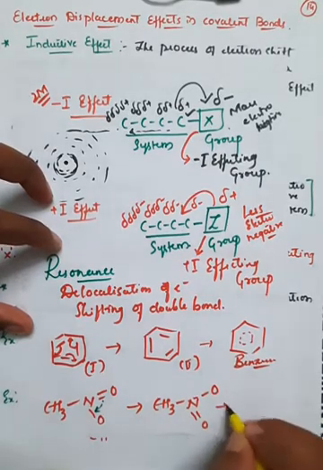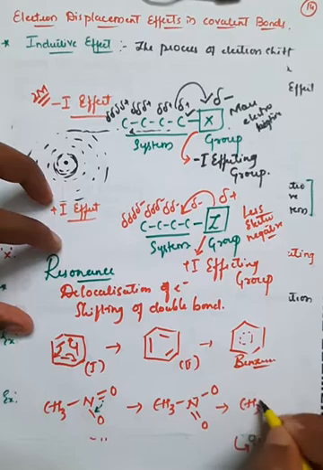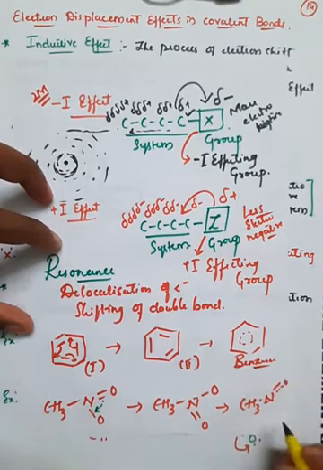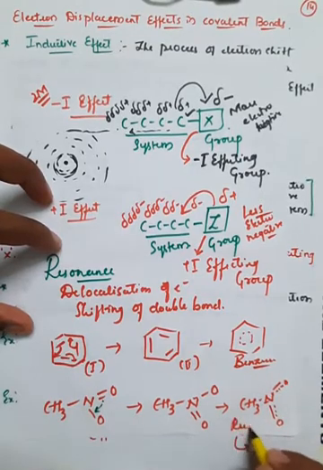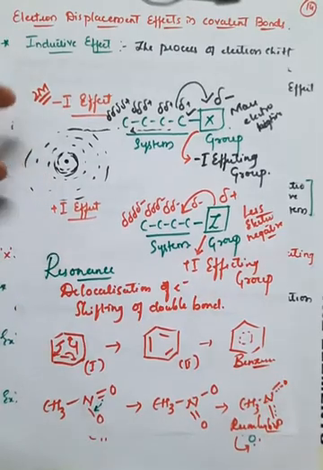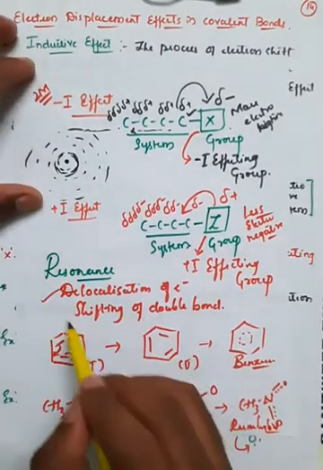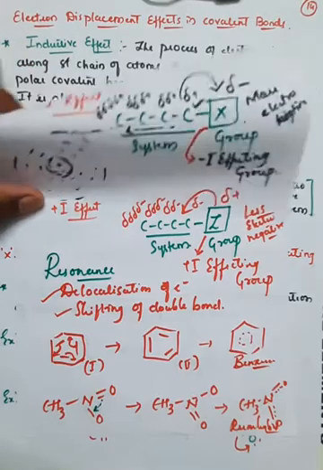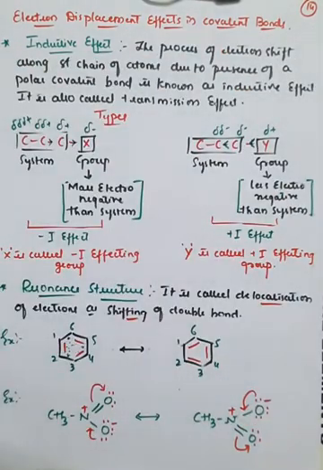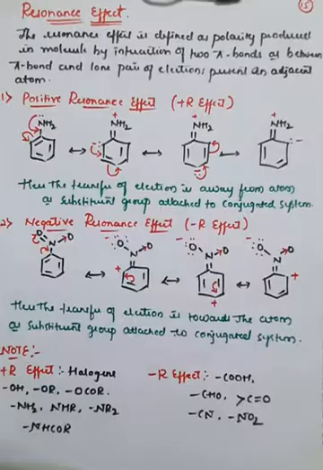So further we can write the resonance hybrid, that is CH3, N, with the double bond as a dotted line, or it might be the double bond like this. So this is called a resonance hybrid. Like this, the delocalization of electrons or shifting of double bond is generally termed resonance, right? With the help of resonance, we can define the resonance effect in molecules.